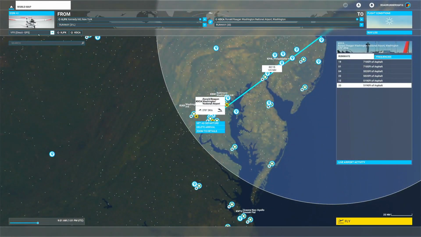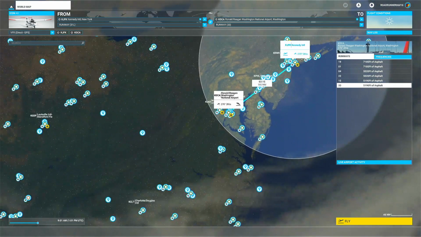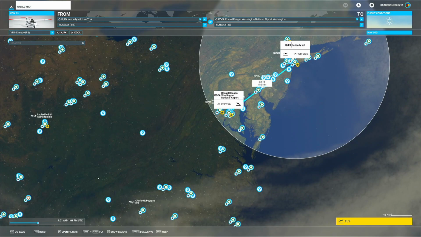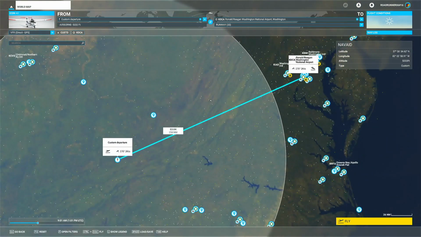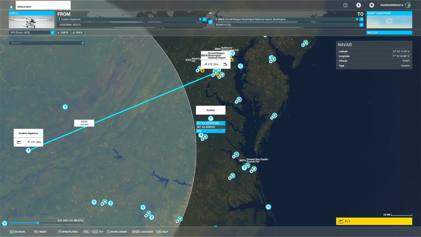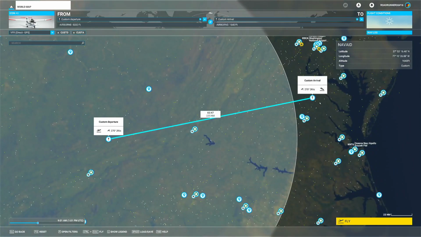And there is VFR Direct GPS here. You could just fly direct from point to point, or you can do it from airport to airport, like what I've just did right now. For example, if you want to do a point to point, you can do something like here, set as departure, and then somewhere else here, for example, set as arrival. So you have some random location to go to, or you could get one from